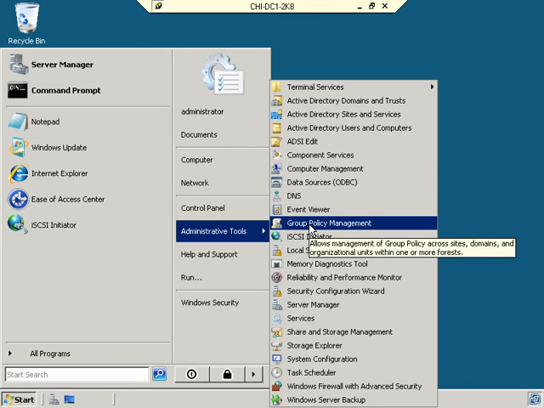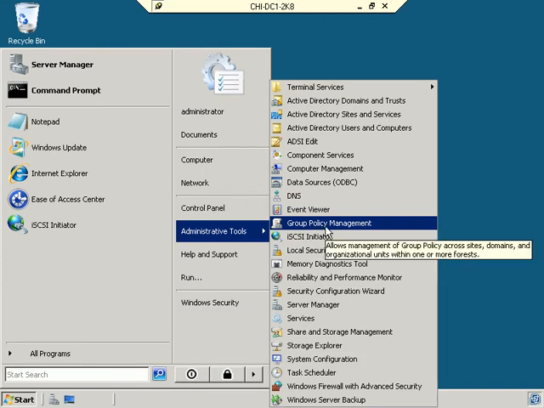and you will see here that we have an entry for Group Policy Management. Now before we go to this tool, one last thing I want to show you is if you don't see this tool for some reason. You may be looking at your menu right now and you may not see that tool. This is a feature that was installed when I installed the Active Directory Domain Services role. If for some reason it did not install on your machine, or maybe you're not on the same domain controller